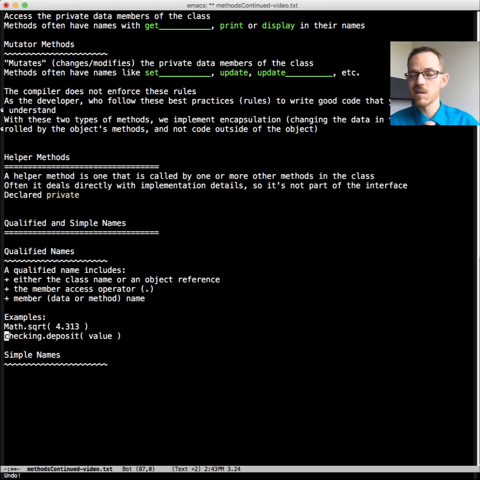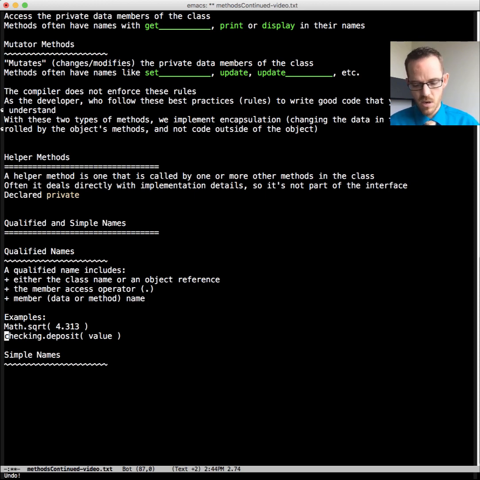So checking here isn't the name of a class, but is an object reference. It's an instantiation of the class. So we say, hey, on this instance of my class, of my bank account object, which I'm going to refer to as checking, I want to call the deposit method, passing it that value. And so that's a qualified name.